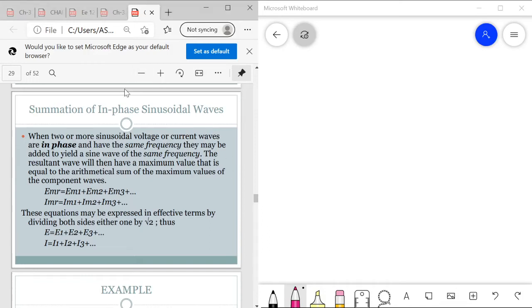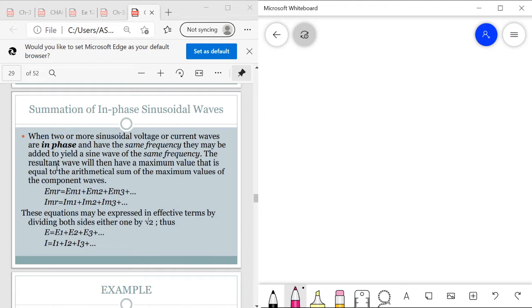So we have our next topic, the summation of in-phase sinusoidal waves. When we say in-phase, it is the case 1 which has a 0 degree. Walang value yung phi, angle phase. So when two or more sinusoidal voltage or current waves are in phase and have the same frequency, they may